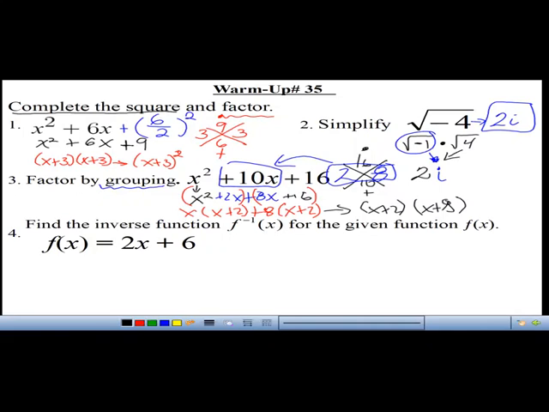Here it goes. It says, find the inverse function f inverse of x for the given function f of x. So they give us a given function. Here it is, f of x equals 2x plus 6. All right, to make it into an inverse, we first need to take a step back. So before function notation, I'm going to write it as y notation. So y equals 2x plus